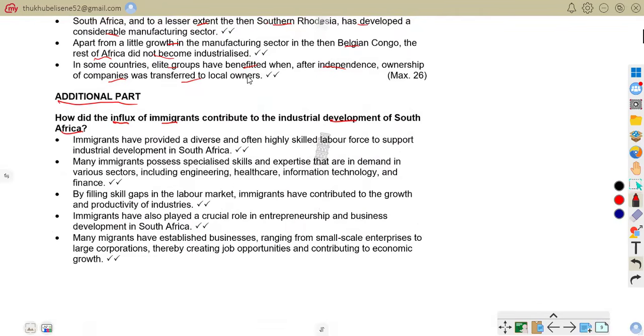That is the additional part that we are to look at. As we are talking about the influx of immigrants contributing to the industrial development of South Africa, we know very well that the immigrants contributed